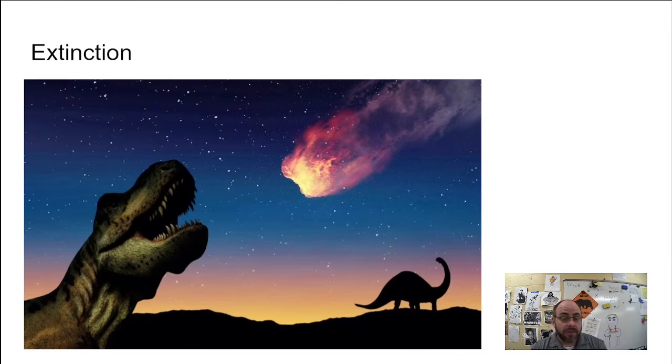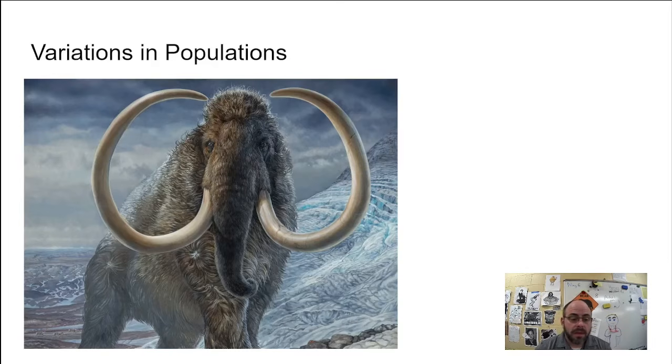But extinction can happen for lots of other reasons, right? Loss of habitat, genetic isolation. There's lots of things that can happen that can cause extinction. Humans are a big cause of extinction. And so just understand that extinction happens not just because of asteroids. When we think about extinction, this is what we're thinking about. But there's a lot of things that can cause a species to not be able to change rapidly enough in order to adapt. There are some species that have adapted really well to humans, but there are some that have not, right? And those species go extinct. And speaking of that, there's an extinct